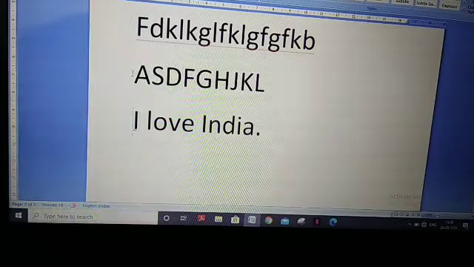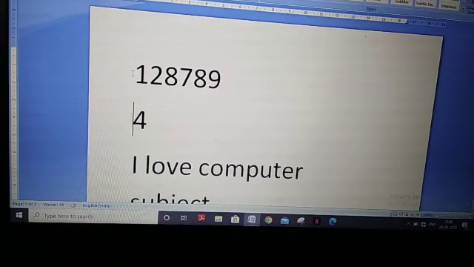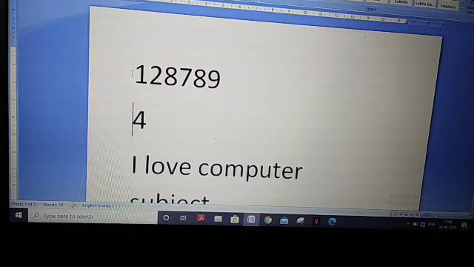So many keys we have seen today, isn't it? Page up, page down, home key and end key. The home key takes the cursor to the beginning of the line, the end key takes the cursor to the end of the line. The delete key erases from the right side of the cursor. The backspace key erases from the left side of the cursor. There are 26 alphabet keys and 10 number keys. The numlock key is used to work on the numeric keypad. And to type capital letters, caps lock should be on.